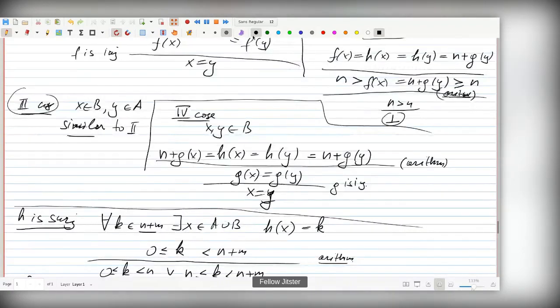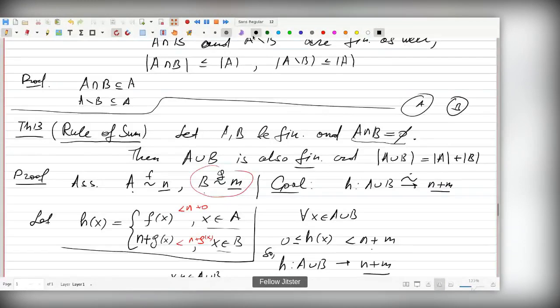Hence, h is what we need. Hence, we have proved our theorem. And this theorem was a translation of facts about addition into the language of bijective correspondences of equivalent sets. Now, as a final point of today's lecture, let us